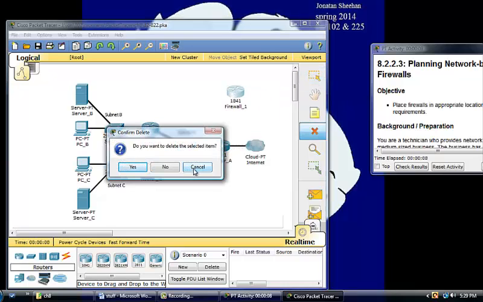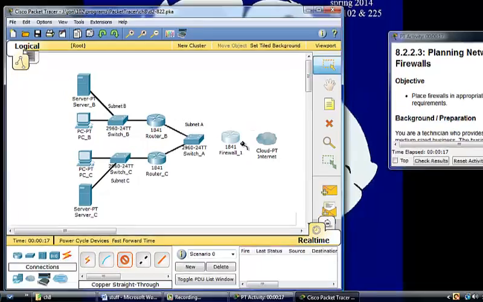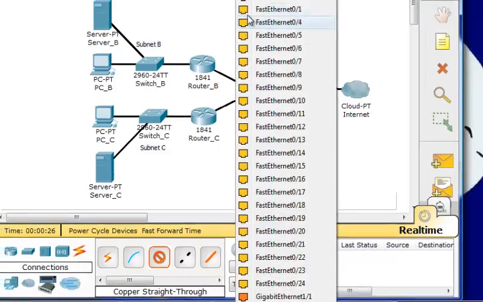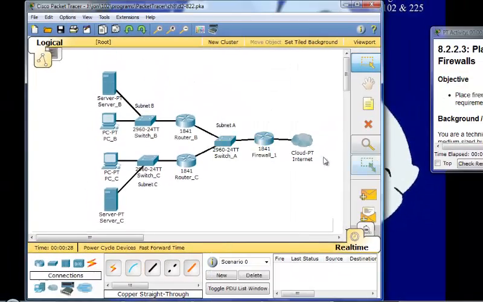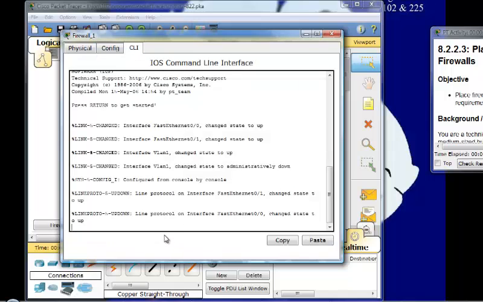Let's get rid of... no, I don't want to delete that. Let's delete router A here and move firewall 1 into place. And then connect to the internet. To the switch. Alright, so then we're going to go into the router here, and we're going to enter its command line, and